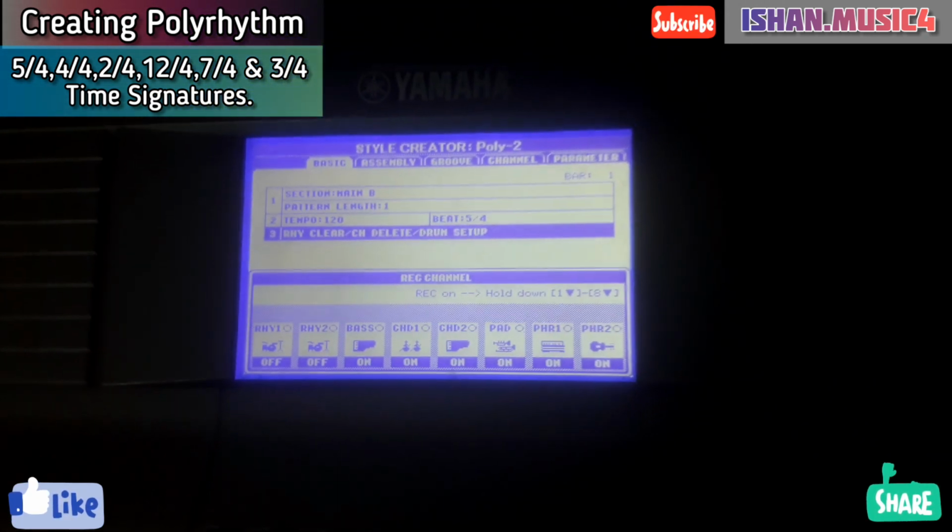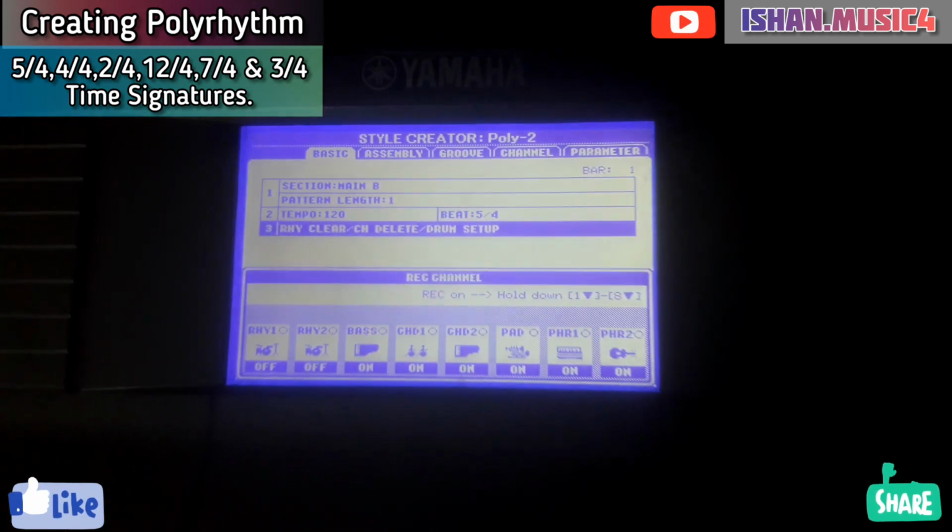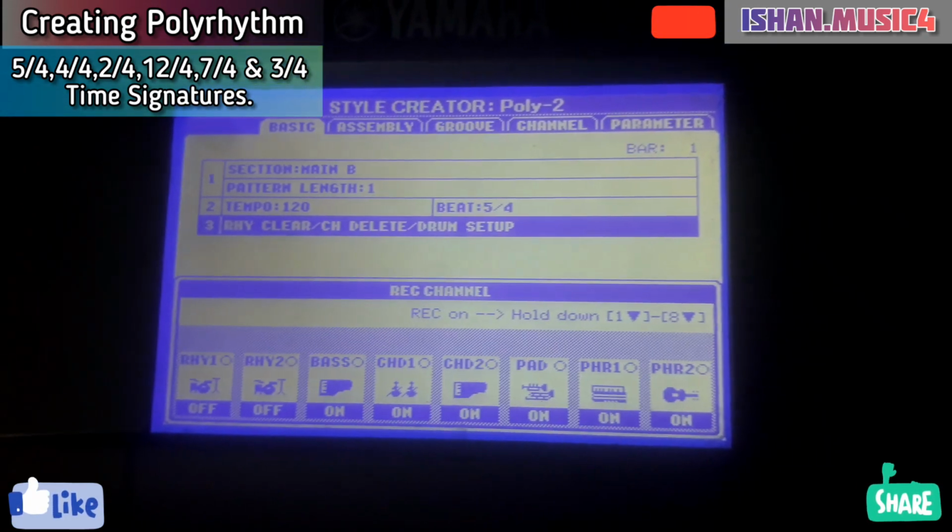Okay, I honestly, it doesn't sound that good, but that doesn't matter. We wanted to create a polyrhythm and we have created it.